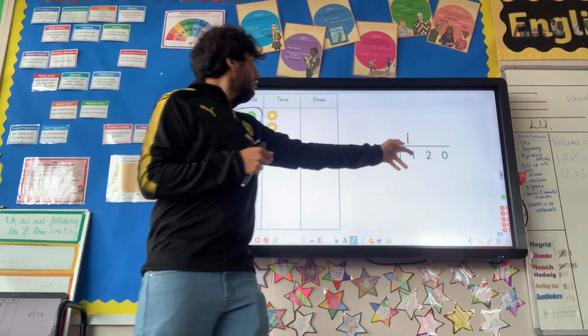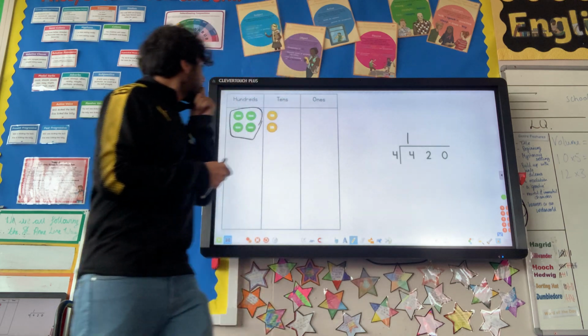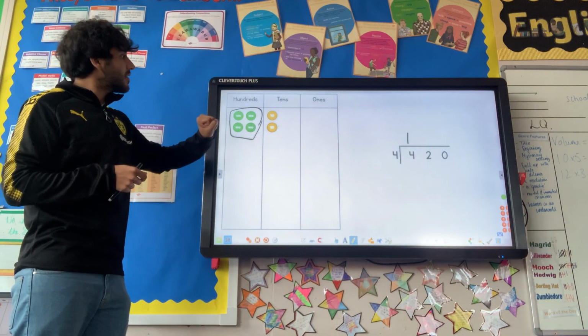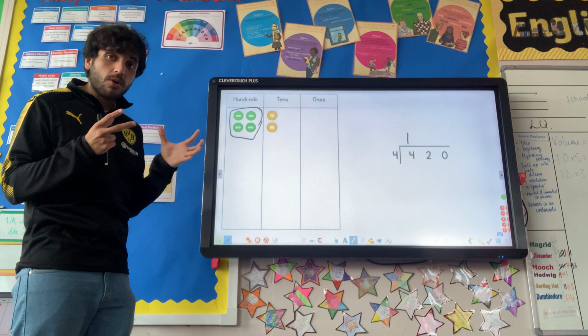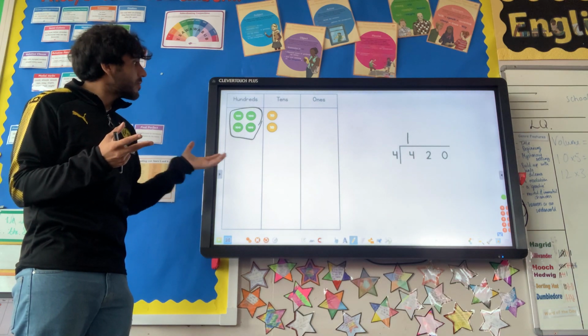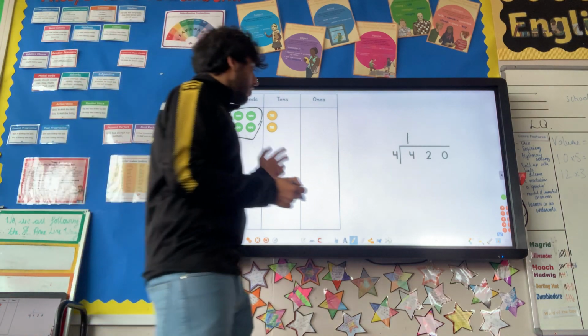Now we're going to move on to our tens, so we've got 20, okay? Can we split that or share that equally into groups of 4? We can't, can we? Because there's only 2 tens. So what I'm going to do